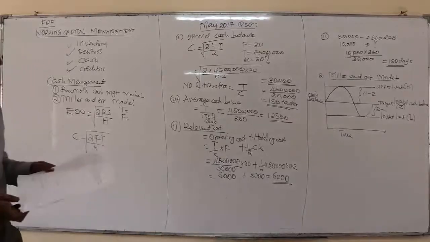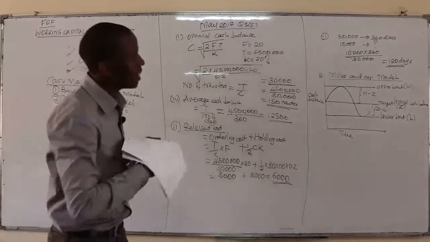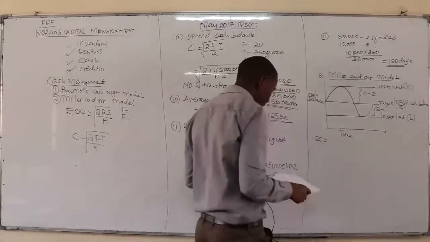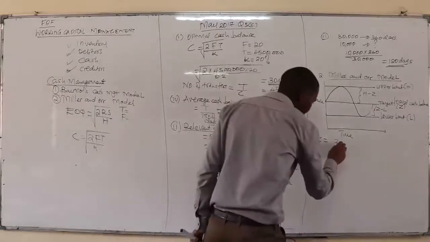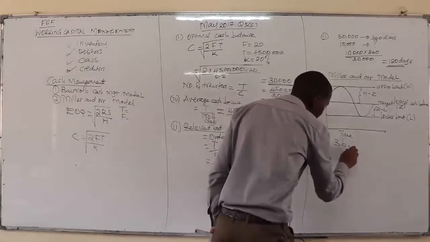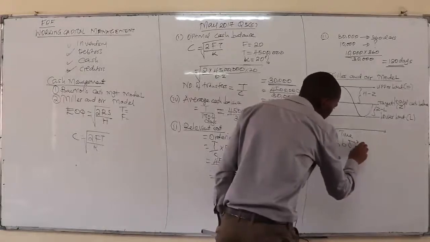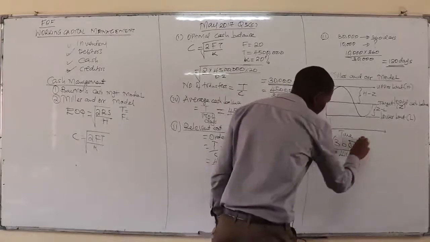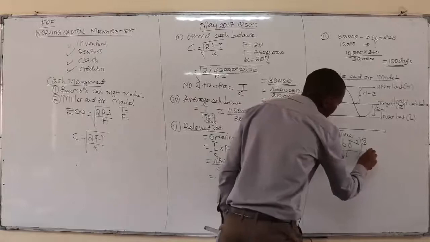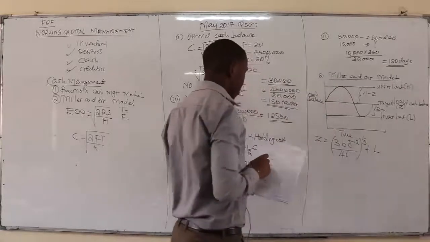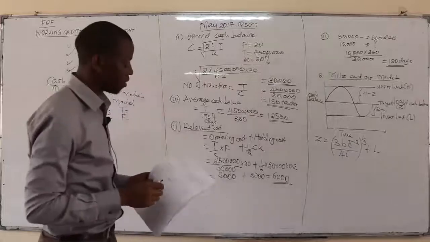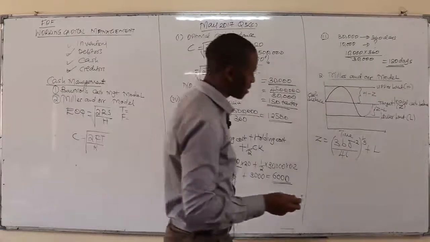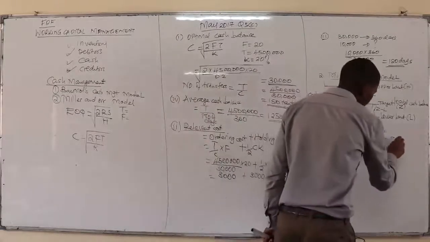And therefore, he said for you to get the optimal cash balance, which is Z, you can get it by taking the 3B variance, you divide by 4I, then power 1/3, you add the lower limit. That is how he said you can get the optimal cash balance, where B is fixed